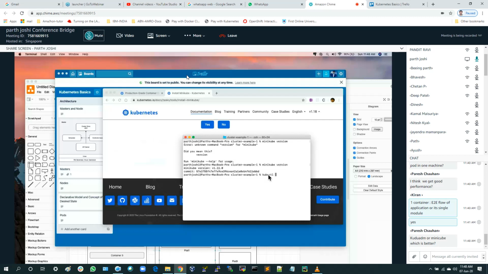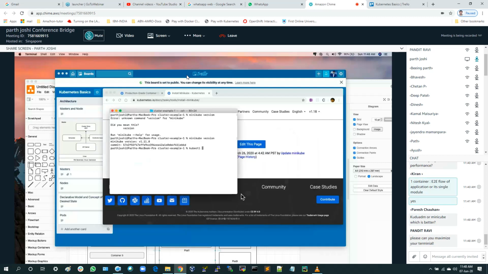Kubectl is a CLI which is going to talk to your Kubernetes control plane, and that's how it helps you send the manifest files to your master nodes and have different loads distributed